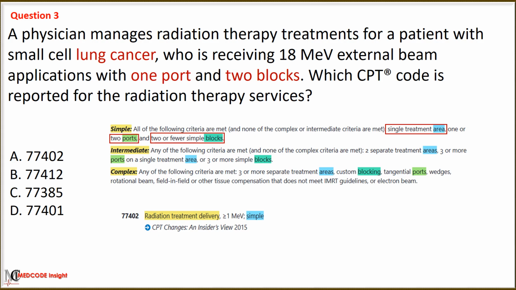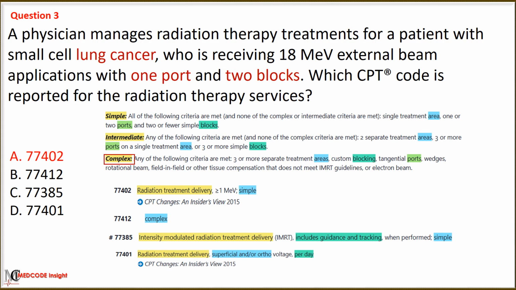In this scenario, radiation therapy treatment is performed for a patient with small cell lung cancer. For radiation therapy treatments, codes are based on the terms simple, intermediate, and complex. However, in the question, instead of these three terms, area, port, and blocks are mentioned. When coding for radiation treatment, you need to know the number of treatment areas, the number of ports and blocks. The details of the terms simple, intermediate, and complex are provided in the paragraph about these codes. In this scenario, there is one treatment area, the lung, with one port and two blocks, which means simple radiation therapy treatment is performed, as mentioned in option A with code